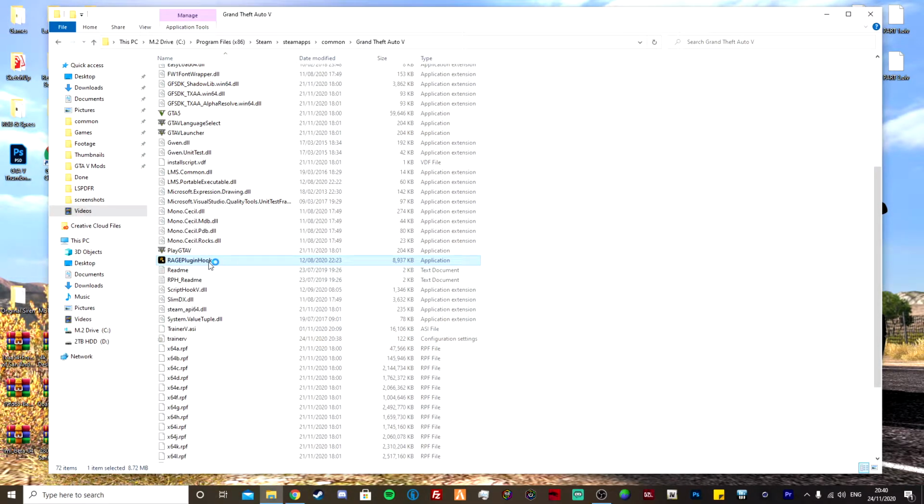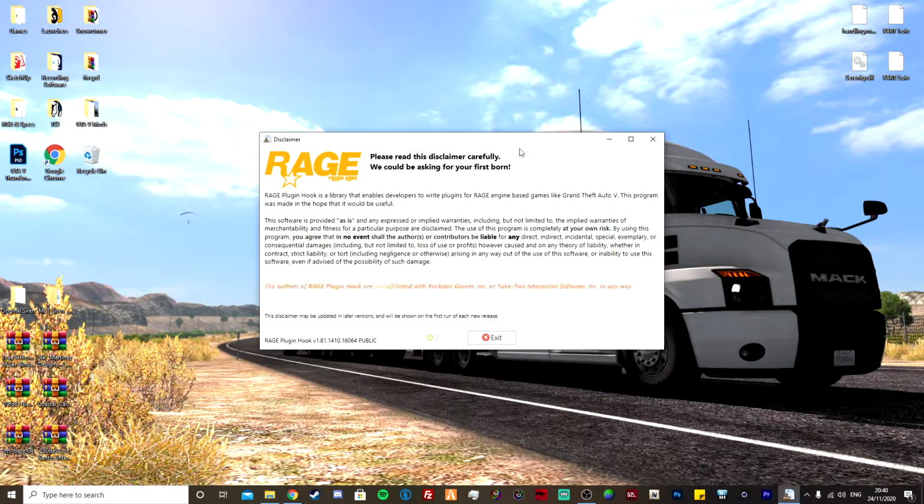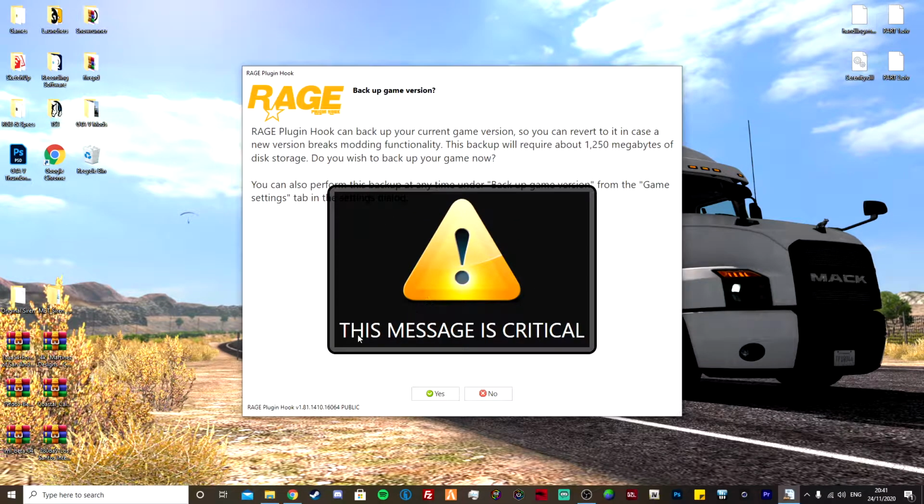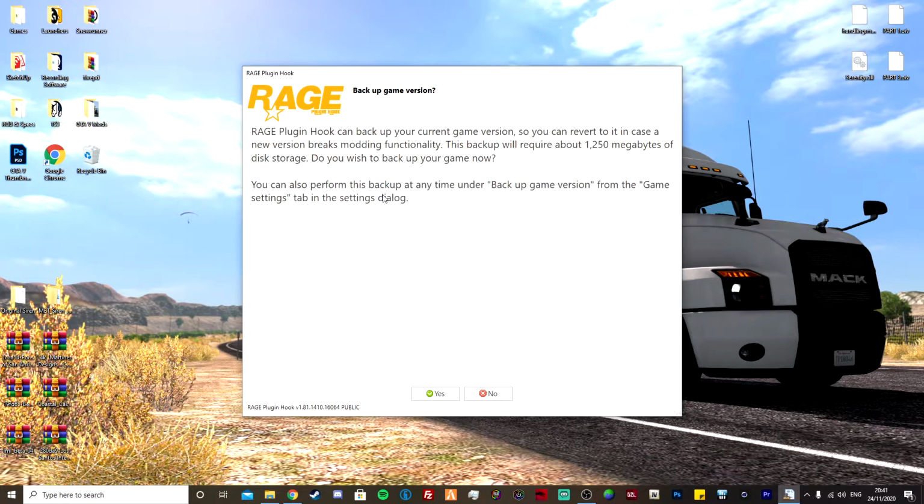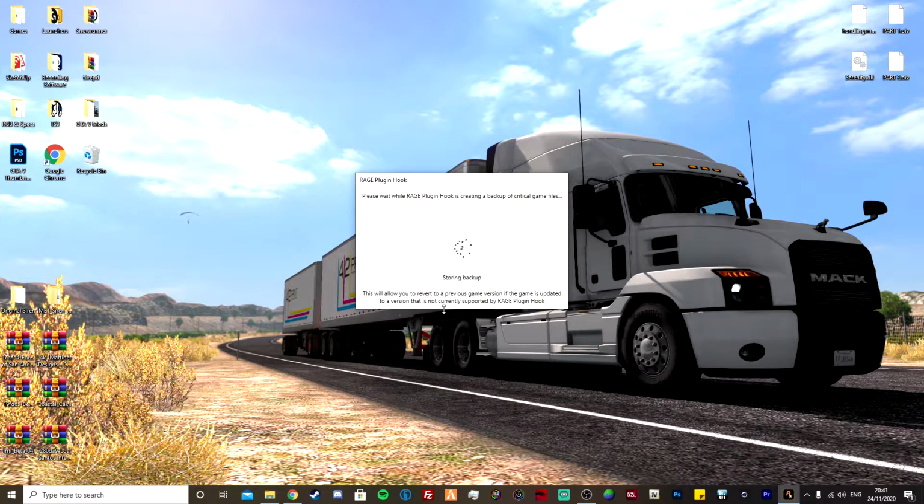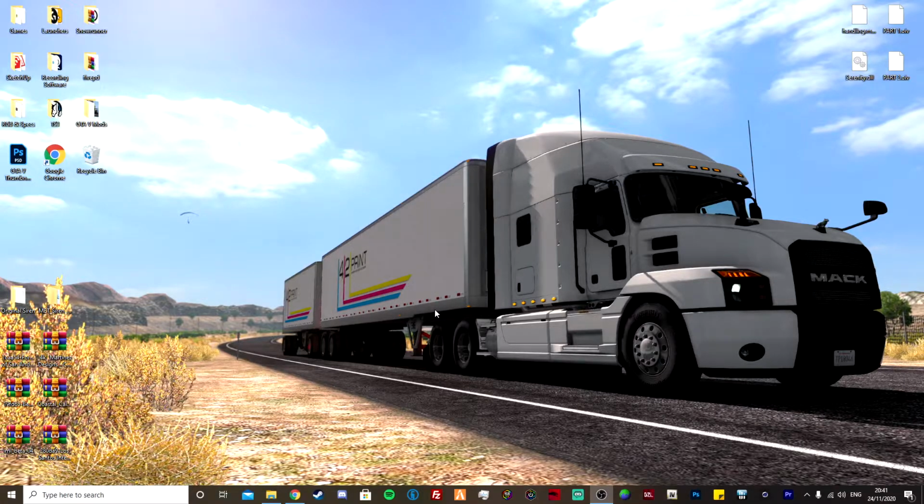Okay, so when you boot up Rage Plugin Hook for the first time, it will bring up this page, basically just asking you to read through the disclaimer. It's not 100% necessary, but feel free to do it if you want. Then you just click accept at the bottom, and it will say this message is critical. It's basically just asking you, do you want to create a backup of your base game? So click yes, because if you add any mods and they break the game, you can always just revert to